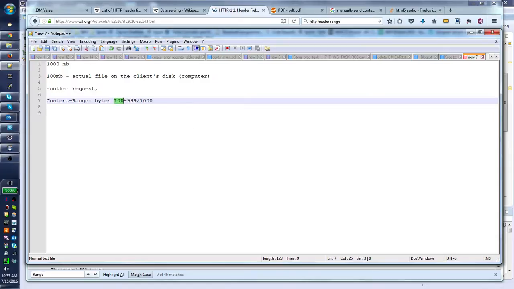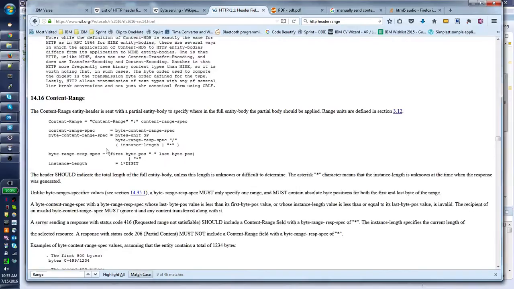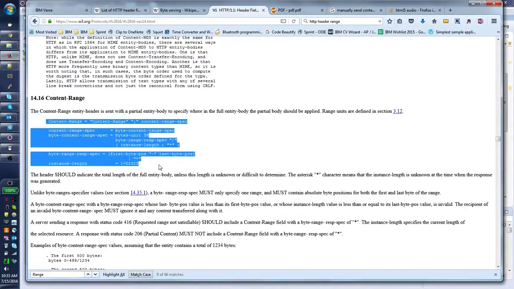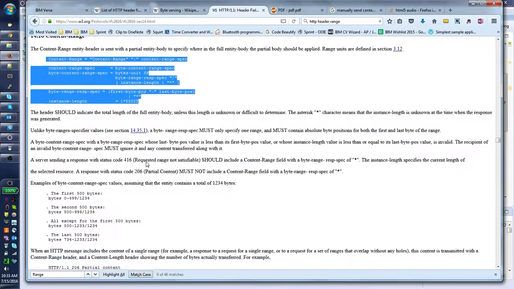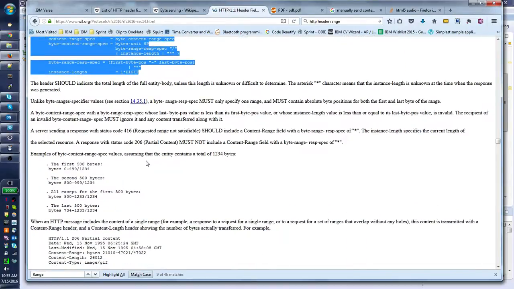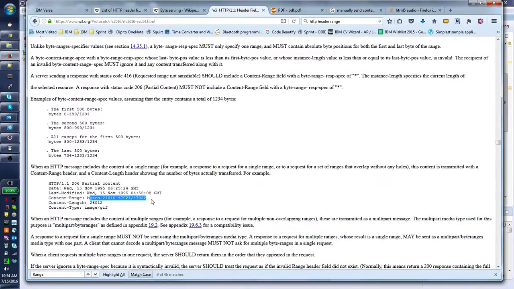So we start at 100 MB, and then the range, and then the total size. So basically, that's what this means. Okay. So all except bytes. See, this is the total. This is the total minus 1, and then the starting point of where we stopped.